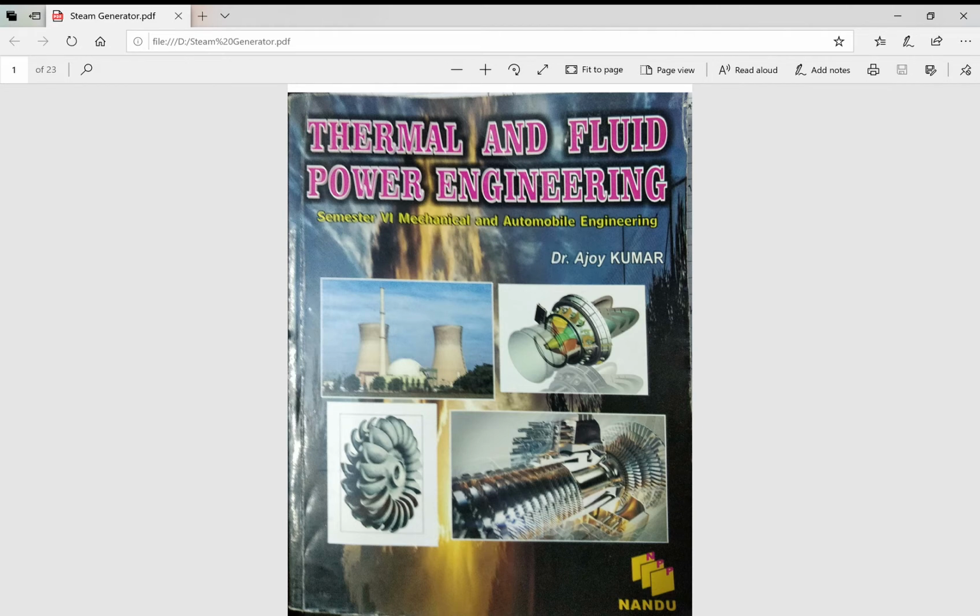In continuation of boiler, I have already made the videos related to mountings, accessories, and different types of boilers. Now, I will be dealing with thermal power plant and operations through various devices. This scan copy of this video I have taken from my book Thermal and Fluid Power Engineering. So here I will be going directly to thermal power plant